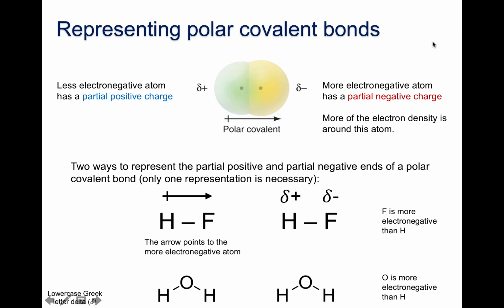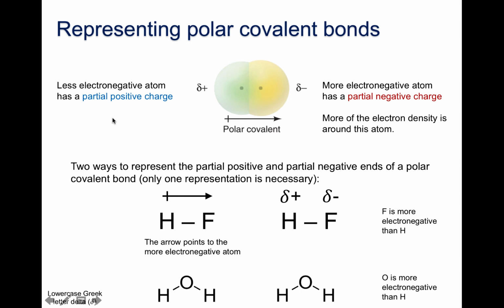We have two different ways that we generally represent polar covalent compounds or polar covalent bonds. We have an arrow system, and we also have these delta systems to represent which element is more electronegative and which element is less electronegative in a covalent bond. The more electronegative atom has the electrons spending more time around it, and so we say that it has a partial negative charge, so not a full negative charge like an anion, but a partial negative charge. And the less electronegative element is going to be electron deficient, and so it's going to have a partial positive